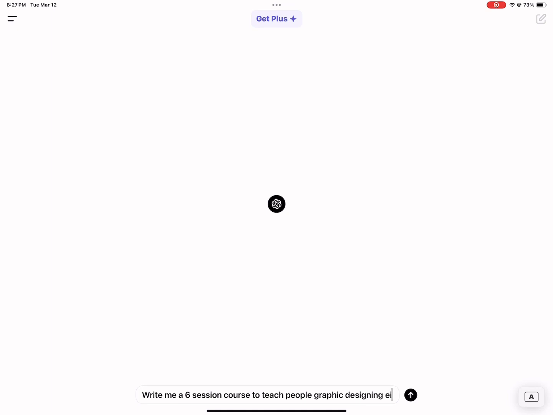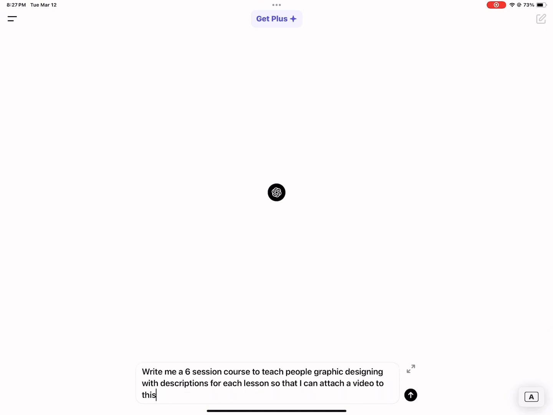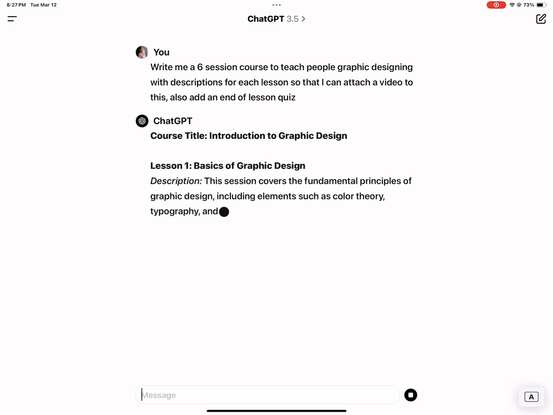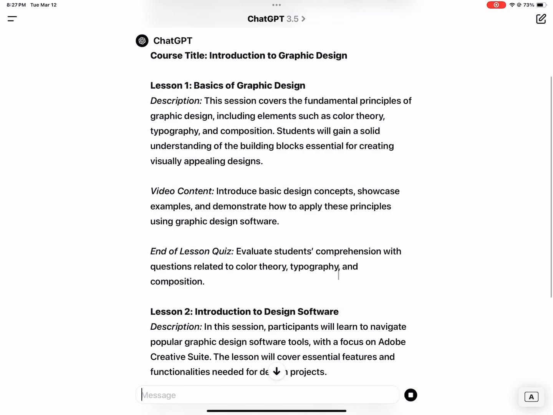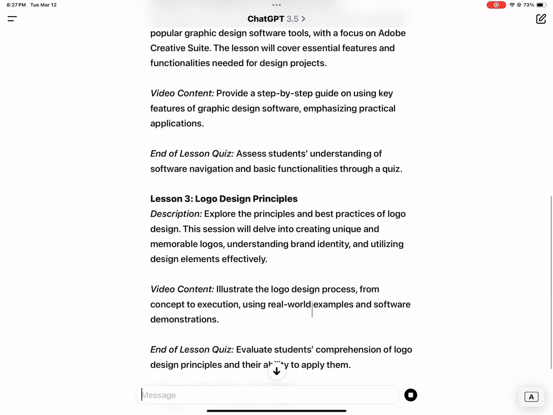Now you don't have to use ChatGPT, but you can use it to get started on what you'd want your content to sound like in terms of description on your course platform. I'm just using this for the purpose of today's video, but it really could help if you give it a little bit more detail on what you're trying to achieve, what your course will achieve, what each session will entail.